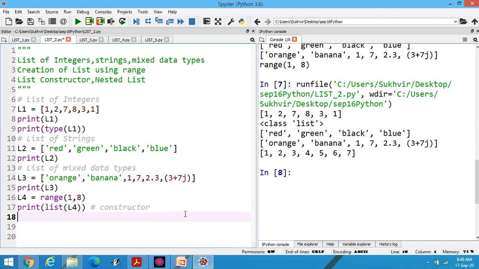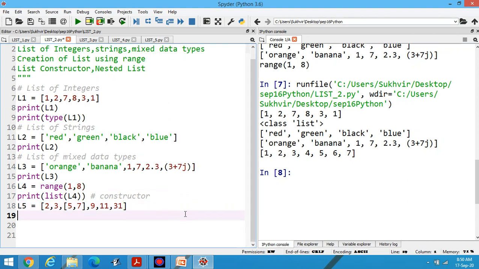Then nested list. Suppose I am writing L5 in square brackets: 2, 3, then again square brackets 5, 7, then 9, 11, 31, like this. Suppose these are the elements. These are the nested elements.